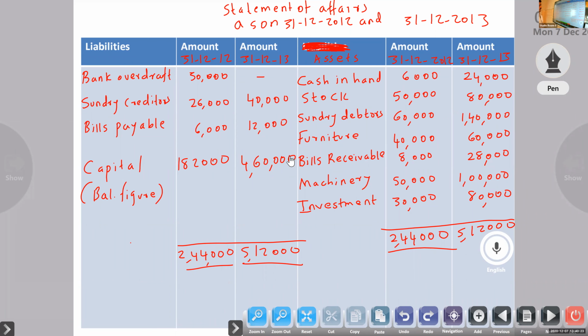Okay. So next period we will do statement of profit and loss account. Then I will start the last topic, conversion method. Then after that the chapter will be over. So in that we will study debtors account, creditors account, bills receivable, bills payable. So if you know the format, then you can solve all the problems. Thank you.